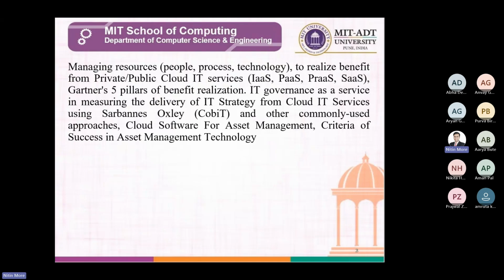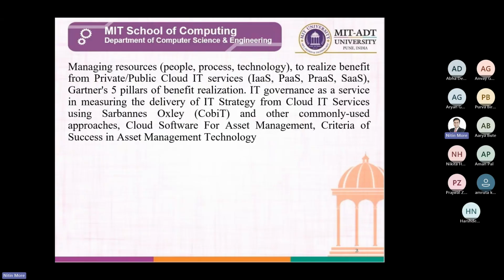So the PPT model in cloud. P stands for people, another P stands for process, and T stands for technology. People, process, technology, PPT. So to realize benefit from private, public, cloud IT services while managing these resources for infrastructure as a service, platform as a service, PR as a service, software as a service, and then Gartner's five pillars of